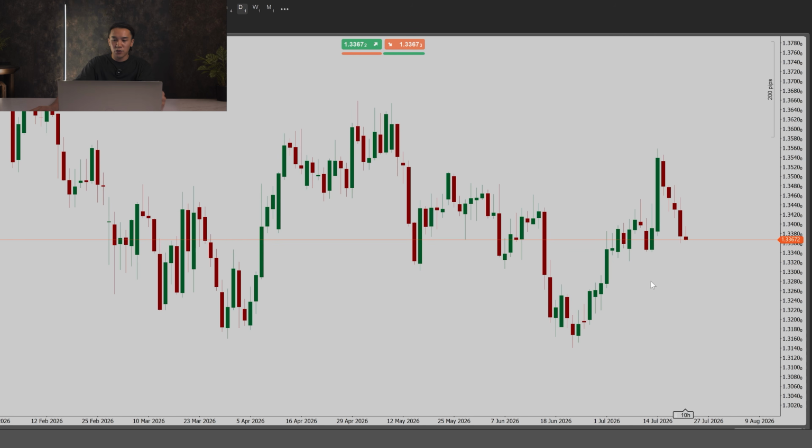This is pound US dollar. On the right hand side you still have price, and at the bottom you still have time. The same makeup of the raw data. So it's telling us when the market reached a particular price, it went up or down from there. So we cannot make any predictions of where price is going to go up or whether it's going to go down,